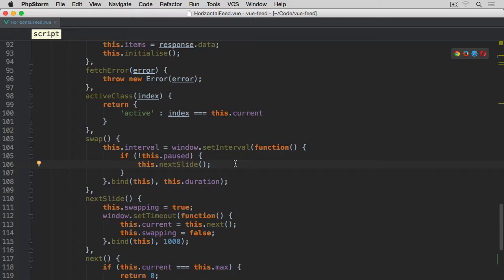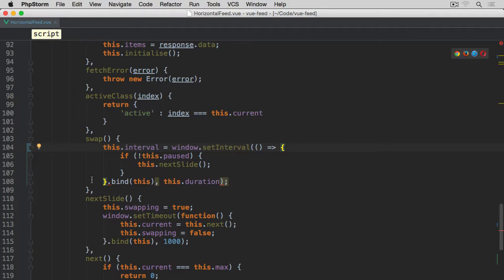We are using ECMAScript 6 to build this component. As you can see, swap, all these methods are using just the name of the method and a set of brackets rather than the old way, colon and then keyword function, and doing it this way. So what we can also do is to replace our functions for the set interval and set timeout with the arrow functions. What that means, we are removing the keyword function, we leave the bracket, then equal, greater than symbol,